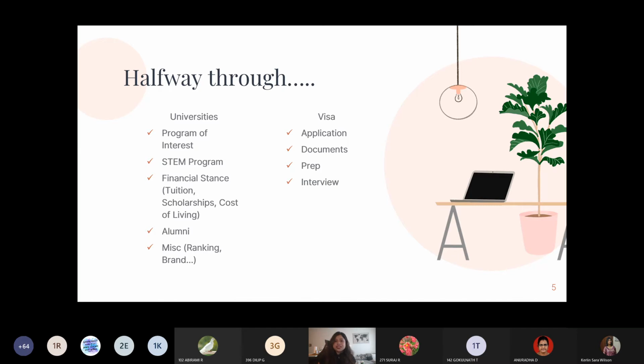Okay, and then the final process is the interview. There are two appointments. One is the biometrics, where you give your thumbprint and take a picture. And the second appointment is for your interview. You go to the embassy, there's a visa officer there, they're going to ask you questions, and you answer the questions, and they're going to say, great, your visa is approved, you can collect your passport, which is what you want to hear, the golden words. So once that's done, everything is set and you're all set to fly to the US.